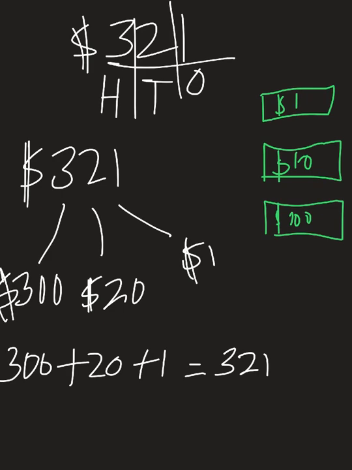So let's see. I have $1 bills showing already, so I'm good with that. I need 2 $10 bills, so I need to draw one more $10 bill. Now I have $20 showing in the 10 spot. And in the 100 spot, I need to have 3 $100 bills to show 300. So let me add that. 1,